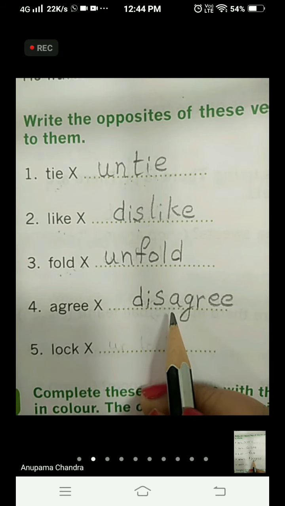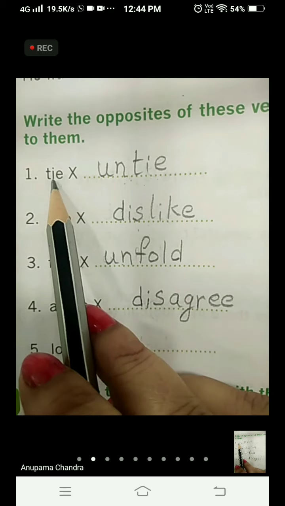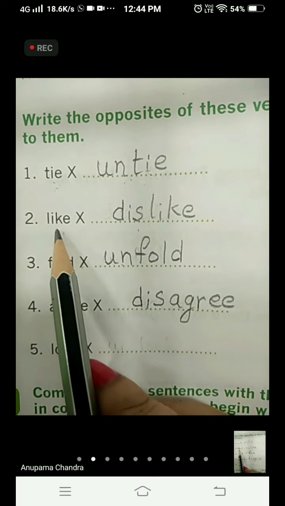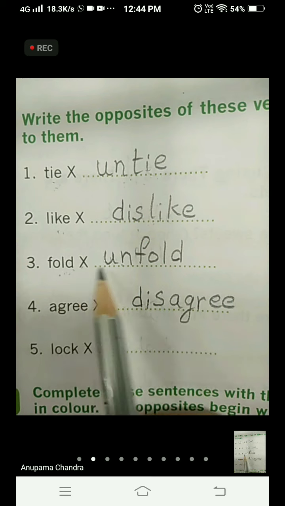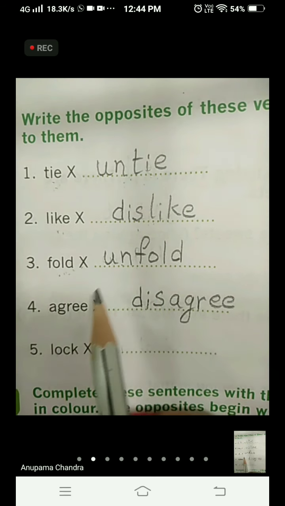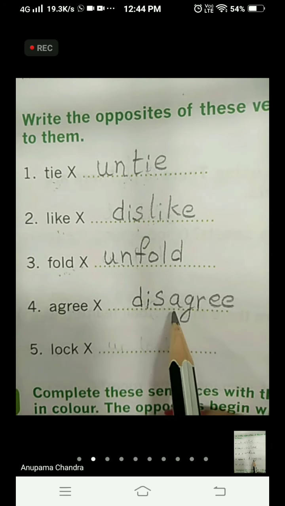I repeat, children. An antonym is a word with a meaning completely different from the meaning of another word. For example, tie, untie, like, dislike, fold, unfold, agree, disagree.